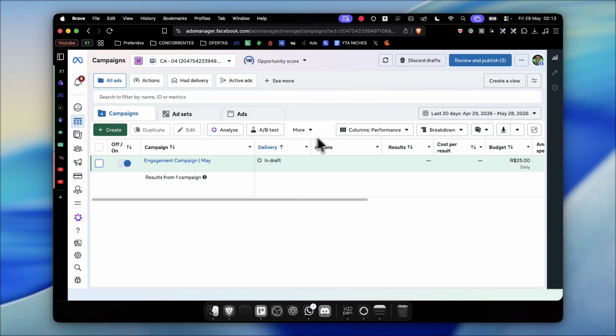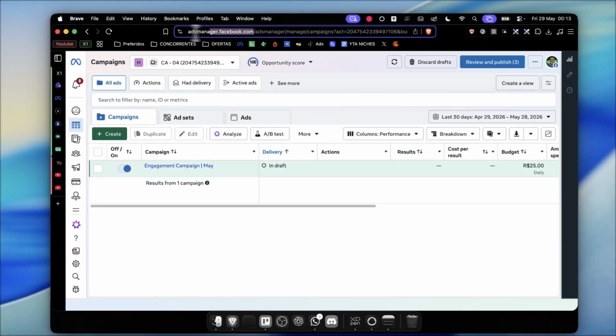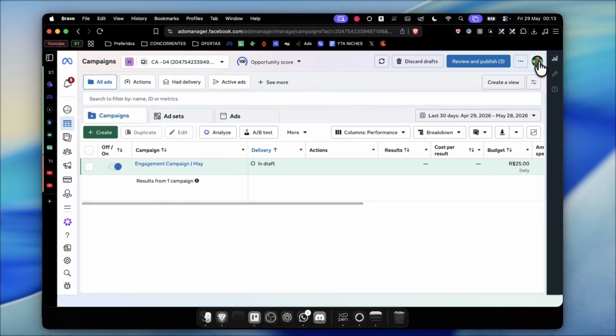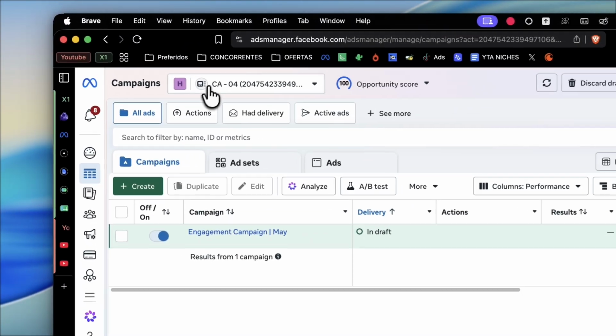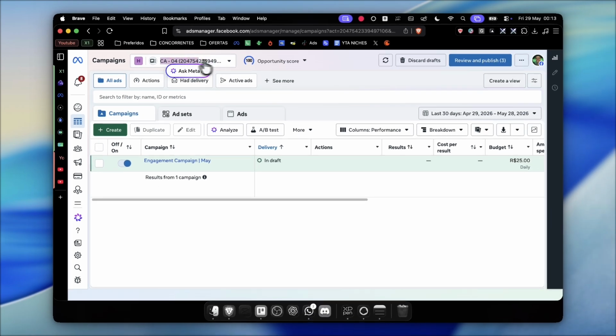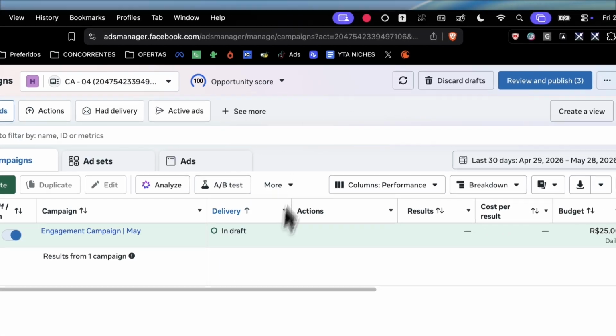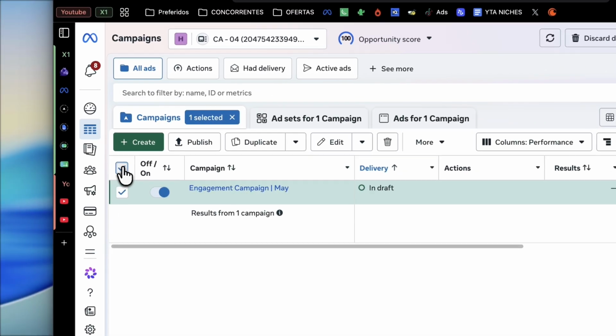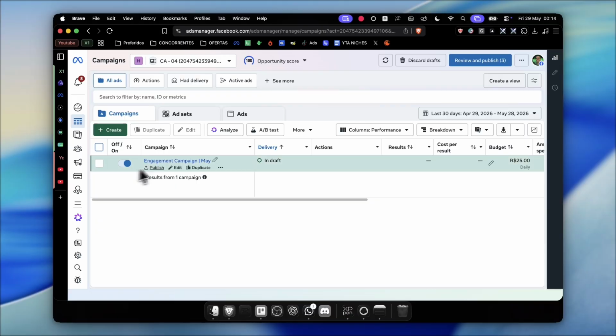Manager. First, open your web browser and go to Meta Ads Manager. Log into the Facebook account connected to your business or ad account. Then make sure you select the correct ad account before making any changes. Next, go to the Campaigns tab. This is where you'll see all the campaigns inside your ad account, including active campaigns, paused campaigns, drafts, and completed